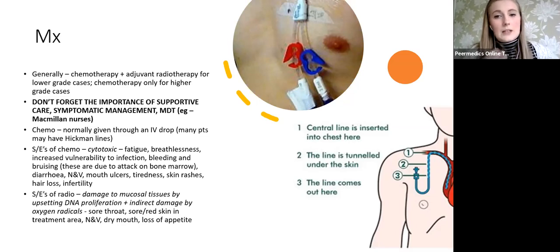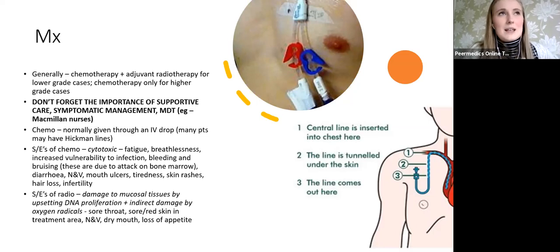And that's why a lot of patients have these Hickman lines, which I've got pictures of here if you aren't aware what those are. It just saves you having to obtain IV access every time you're seeing the patient. Some side effects of chemo to remember: it's cytotoxic, so it's going to attack loads of cells in the body, and